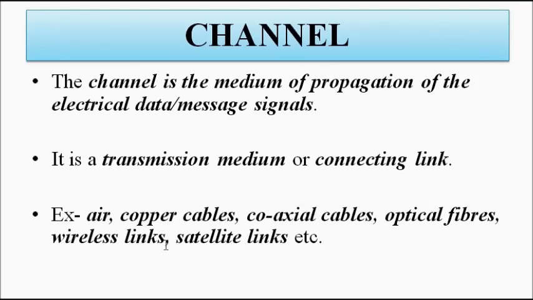Wireless communication and wired communication are each a separate field in themselves, separate subjects which are very vast. So I will not go into that because it will unnecessarily create confusion. So you understand there are two types of communication channels: wired form and wireless form. These are the examples of channels that can be used. Okay, next is,